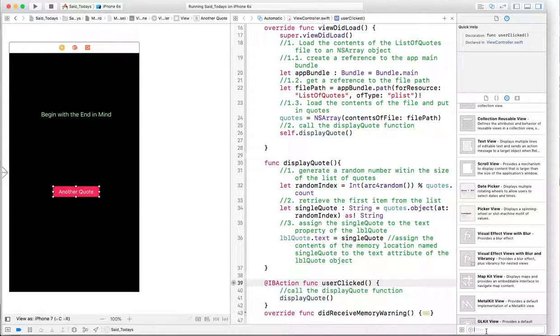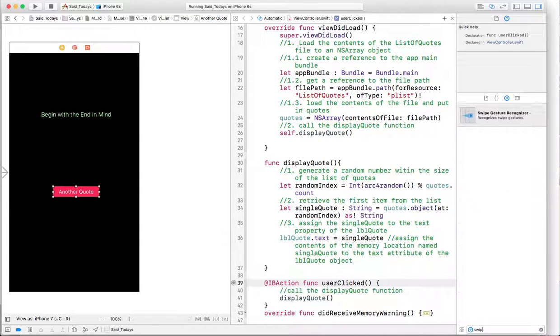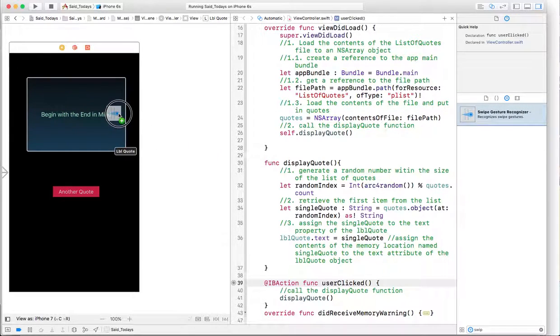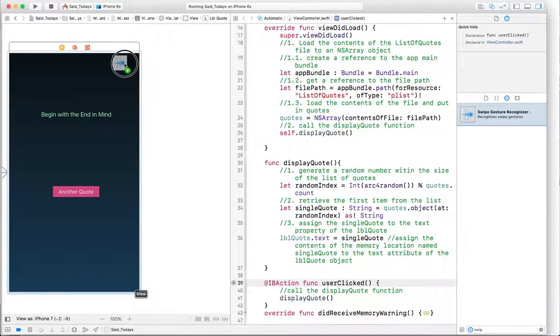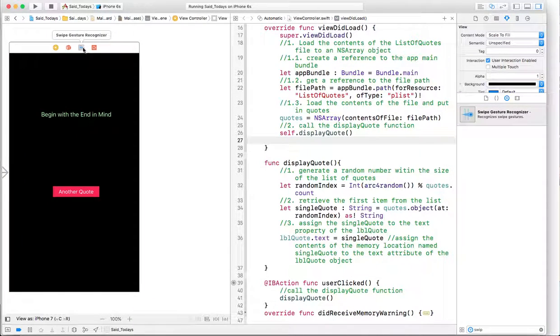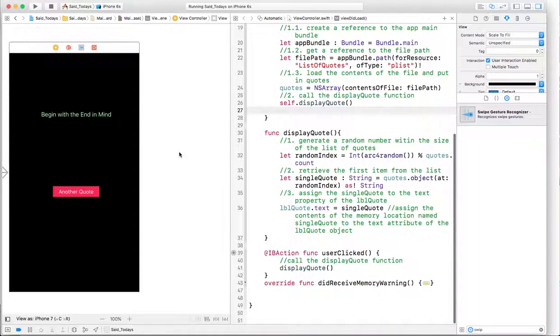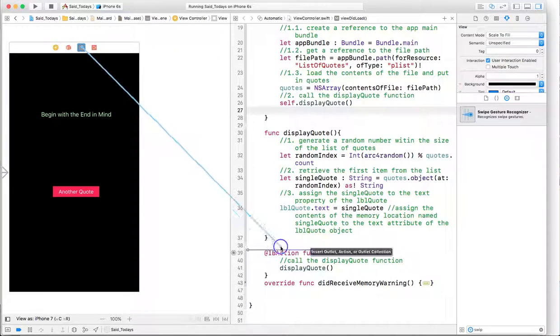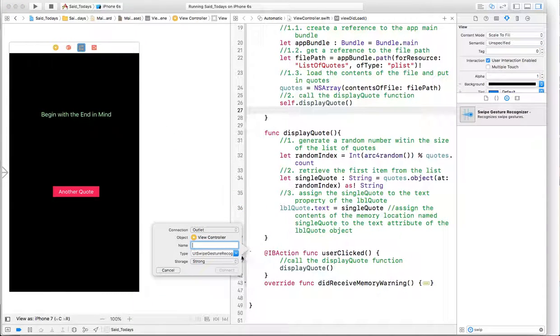So I can just type swipe, and here is the swipe gesture recognizer, and I can add the swipe gesture recognizer to the view so that you can swipe on the view, and it adds here the swipe gesture recognizer like we did with the button. Click on the swipe gesture, control and drag to our screen, and